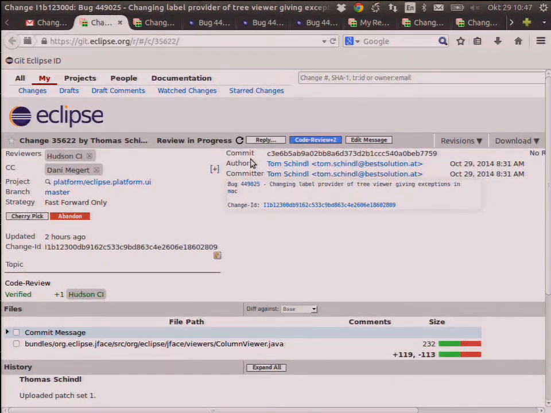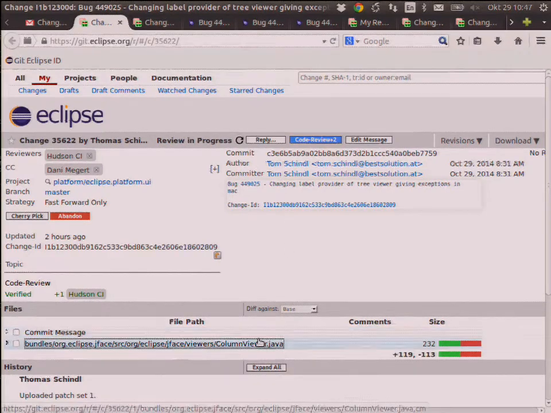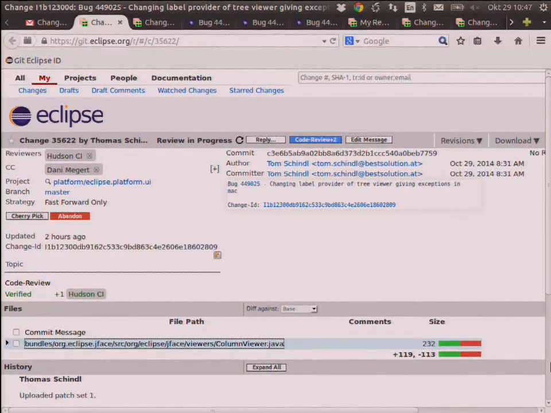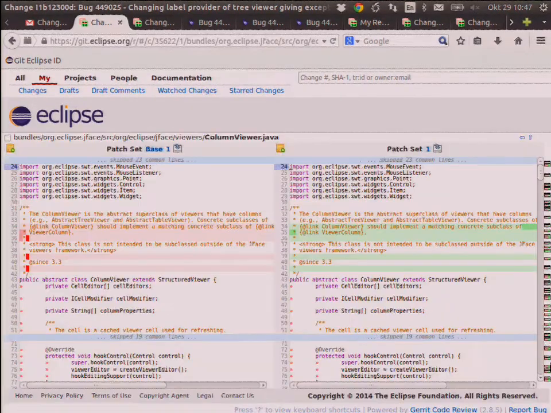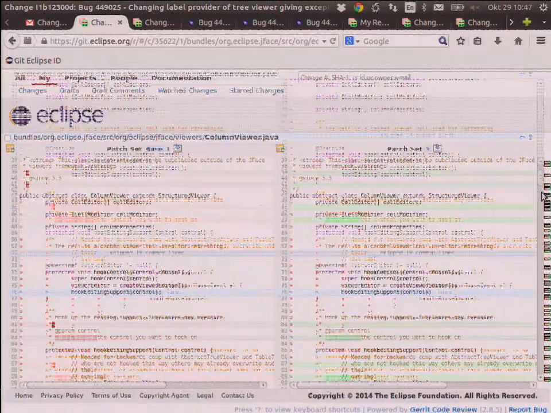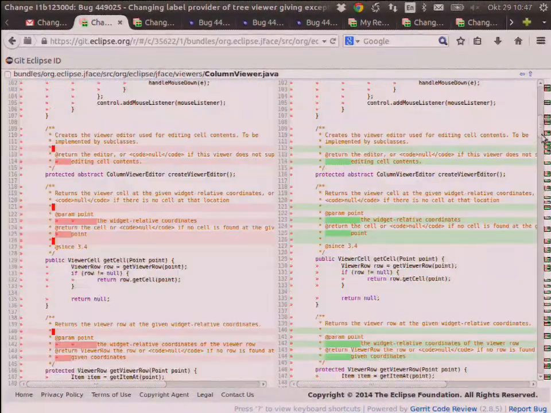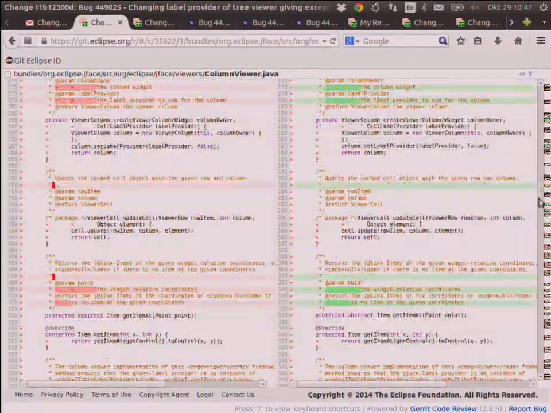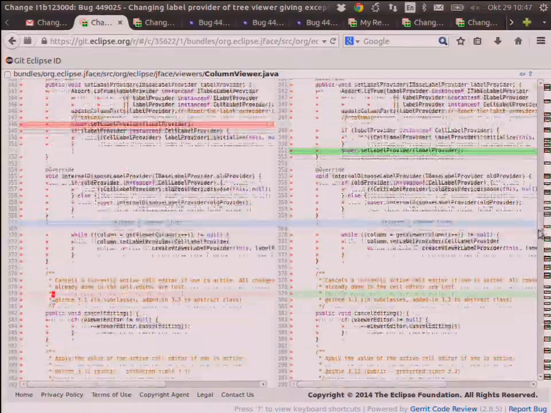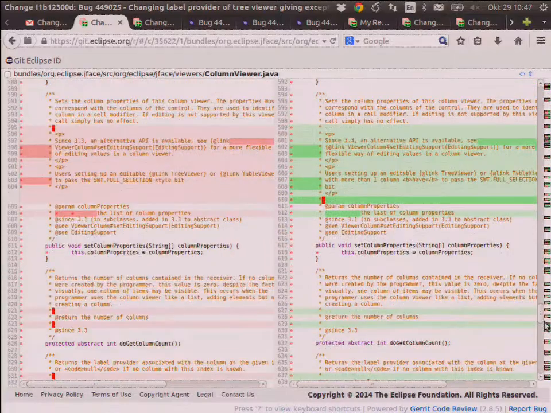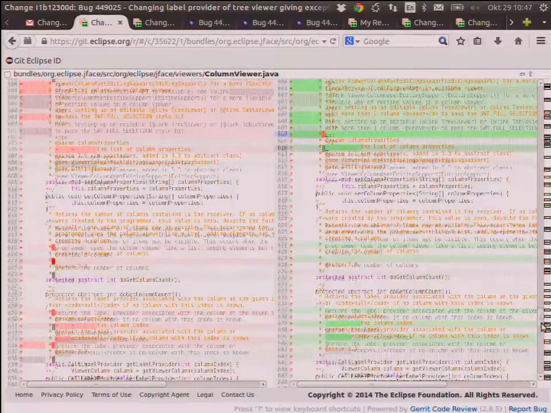I'm now logged on and I'm looking at this specific request, and I see basically there is a commit message, which is on the very top. And I also see that there is one change in the column viewer. And I now can go in there. I'm actually curious what Tom did, so I'm looking at this now. Bear with me, I'm now looking at the code. So what did Tom do? He did reformat the whole file, which is something we discourage. And he added a little bit of white space, which is also something we discourage to contributors.